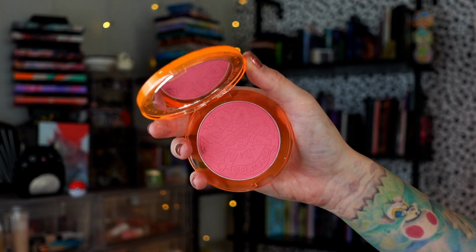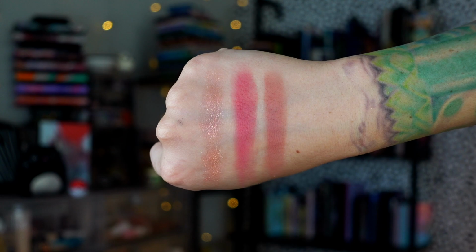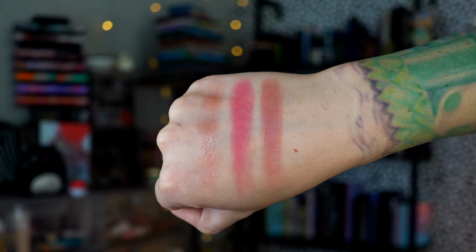Odin's Eye came out with their newest addition to the Soul Mane 2 line. This is the Moon Wish collection. We have three blushes and three highlighters, and we have a palette. The blushes are Solar Eclipse, Lilac Mist, and Pink Bloom. We have a mixture of a shimmer blush and then two powder, matte blushes, and my shimmer